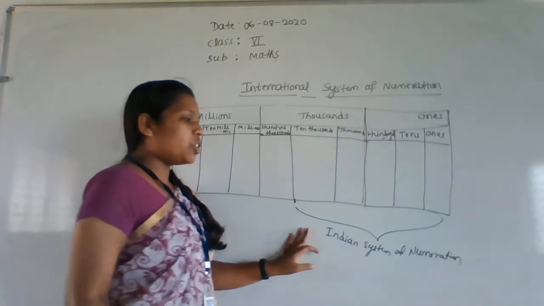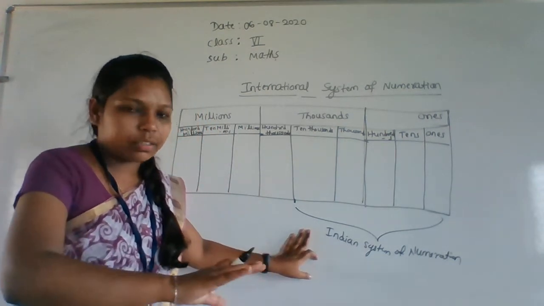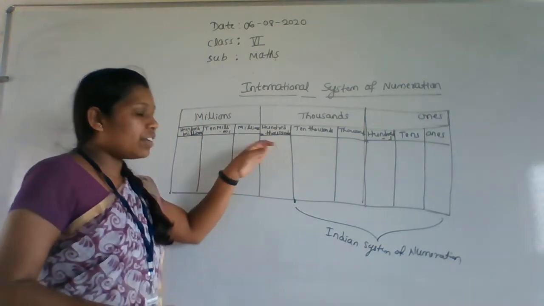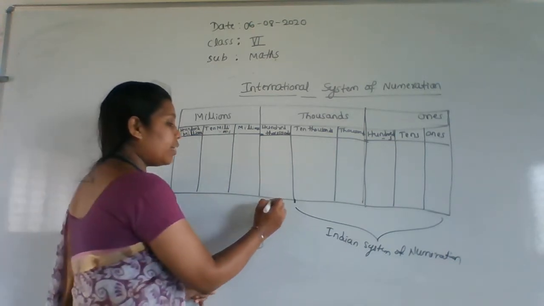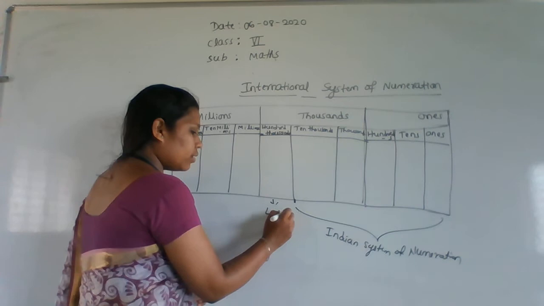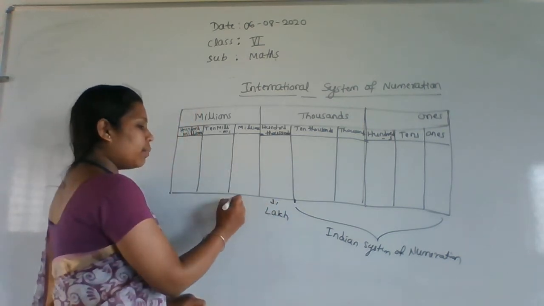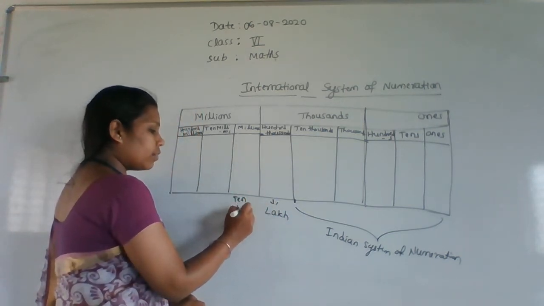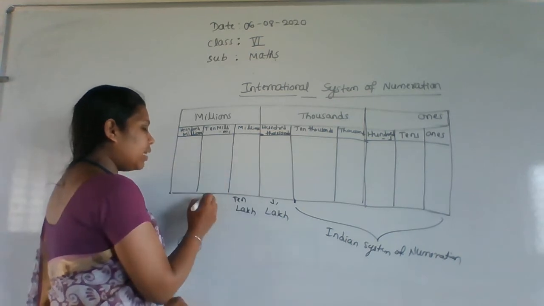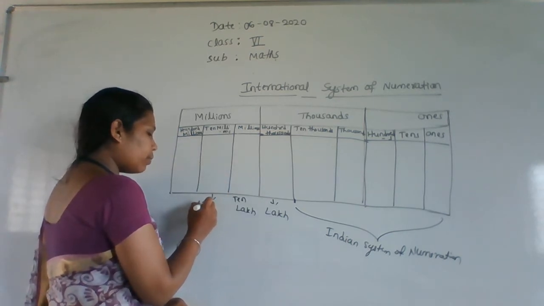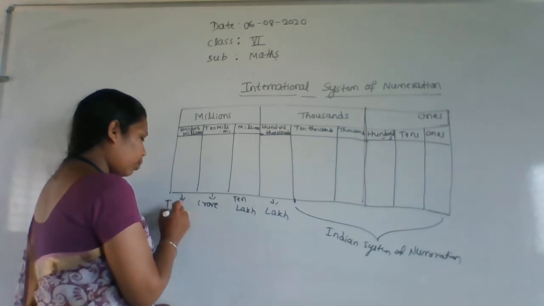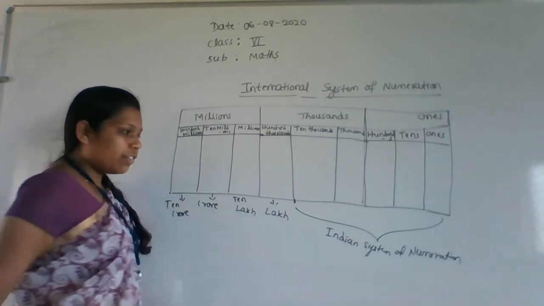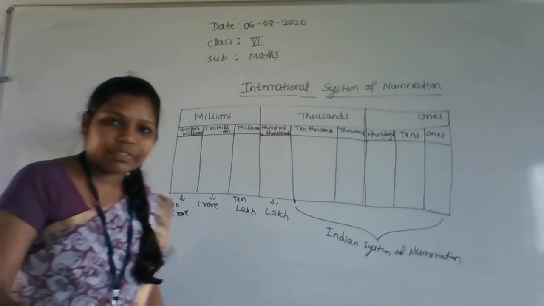Okay. Up to this much nothing is changed. Same process. So next here they have given 100,000. Instead of 100,000, what we are going to write here is a lakh. And a million is nothing but 10 lakh. And 10 millions is nothing but a crore, and 100 millions is nothing but 10 crore. Getting the difference here?